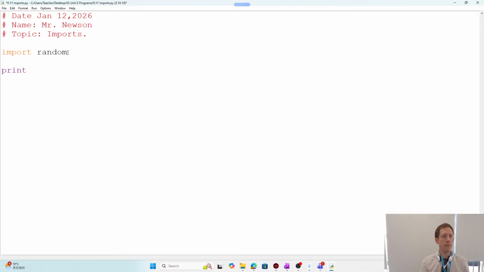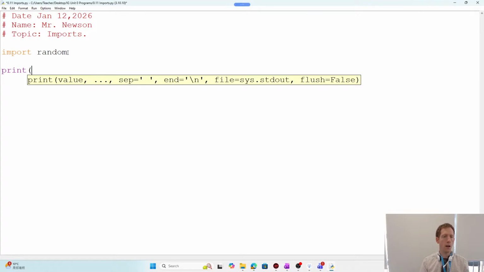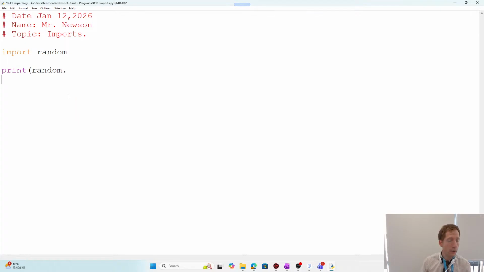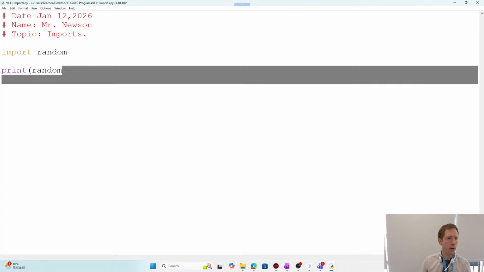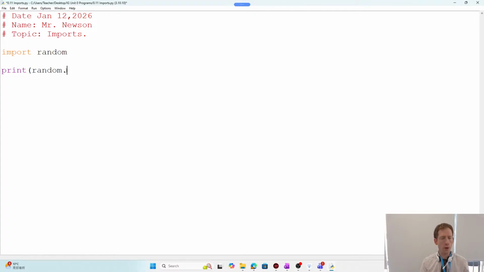For example, I can say print random. That's the imported library's name. And then when you put a dot, this is a function within it. Watch, I put a dot. And if I click on that dot, let me go back. It actually has different functions there. So for example,